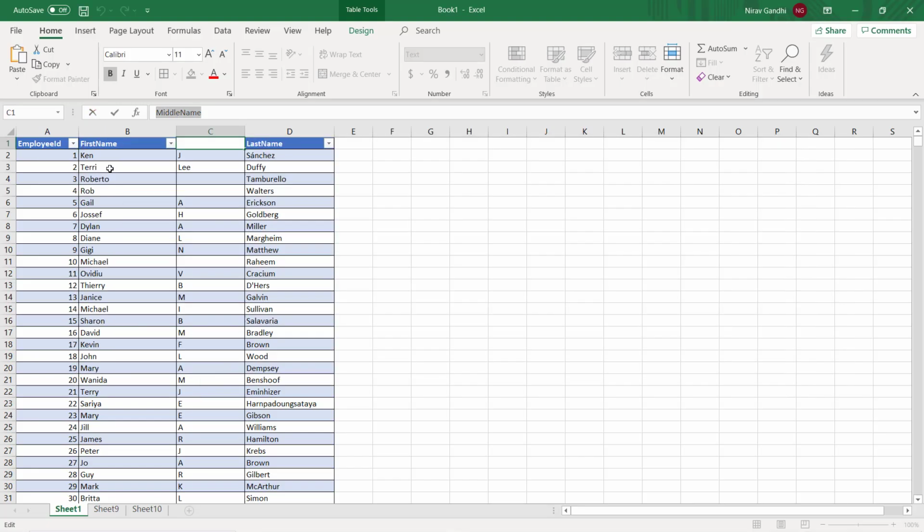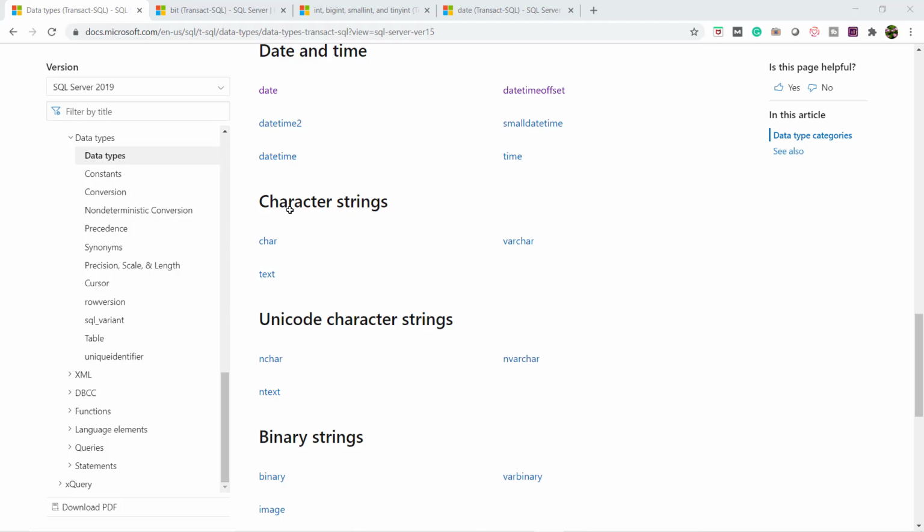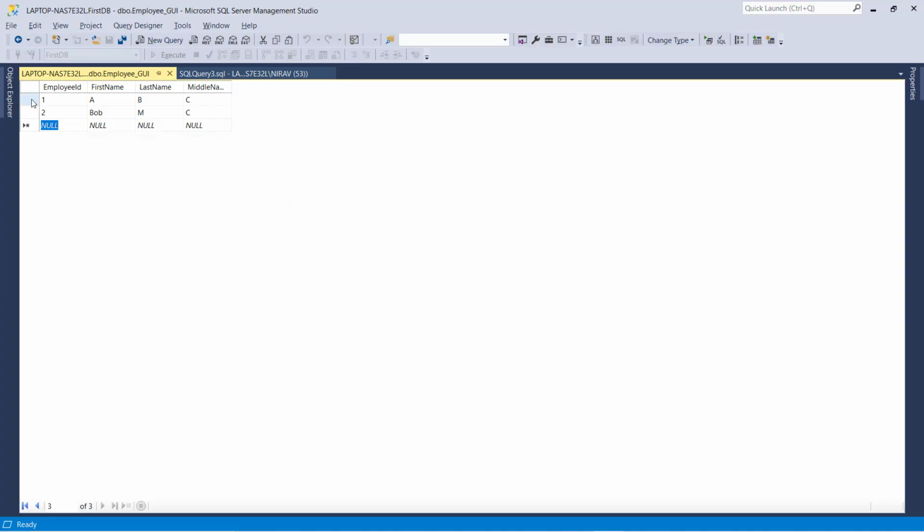Let me open the Excel file. Or you can directly copy data from Excel and insert it. Let me remove this. Okay, so it's similar to Excel, but in the real-time scenario, you have to always insert data through SQL